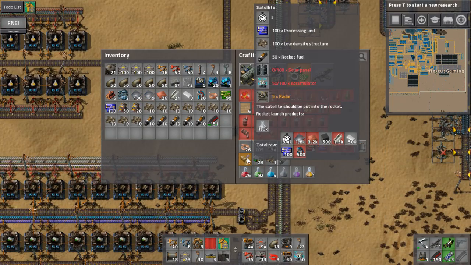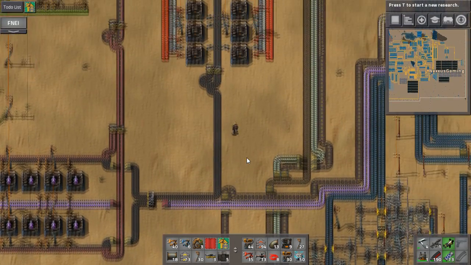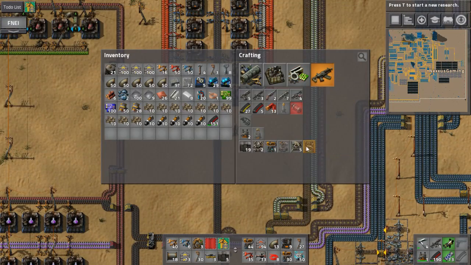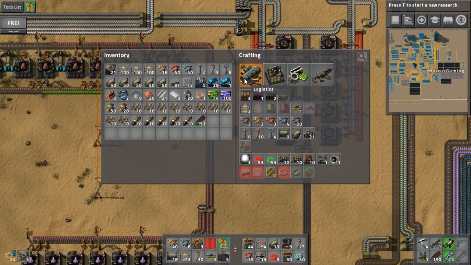And then we need 100 solar panels, 100 accumulators, and 5 radars. So we've already got 5 radars. No, we don't. But we can just make 5 radars. How do we make radars? Oh, like that. There we go. 5 radars. Okay, and we also need